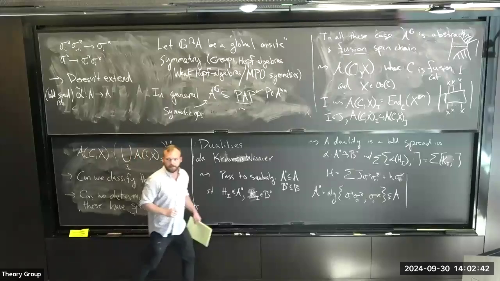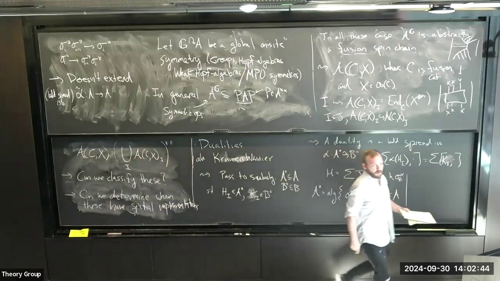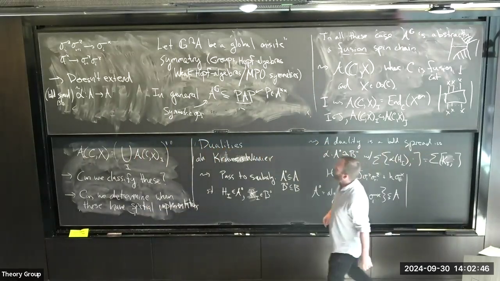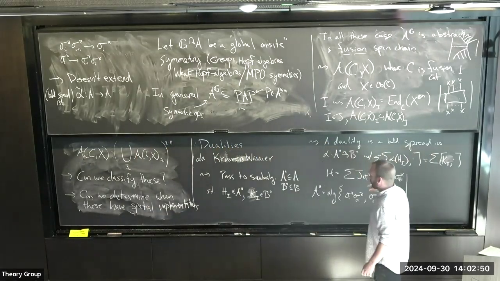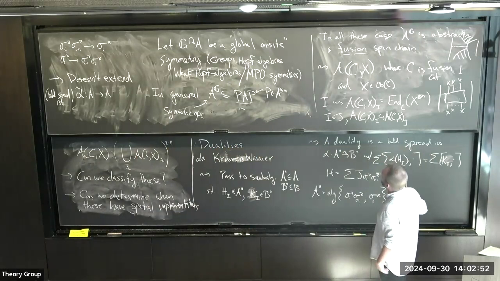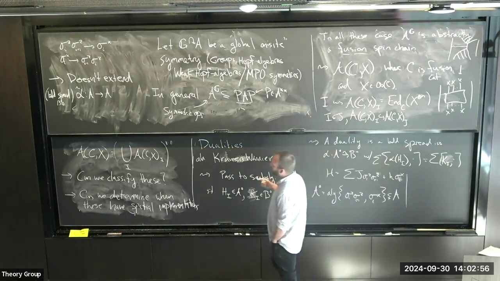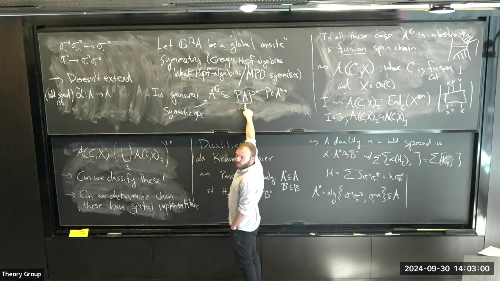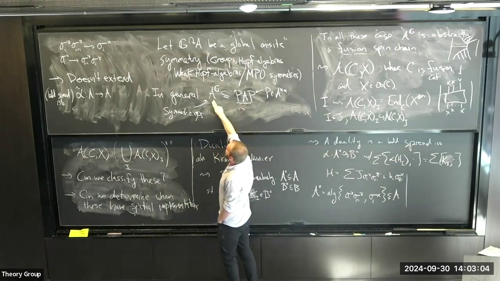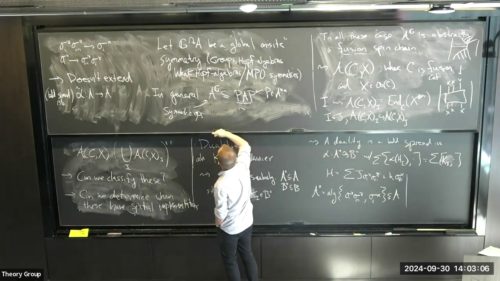Okay, any questions? Wait, sorry, I didn't understand this last point. By spatial implementation, you mean, can I realize it as some projection of some tensor product thing? No, no. So a spatial realization of the spin system is realizing this inside here. A spatial implementation of a bounded spread isomorphism or of the duality is an extension,